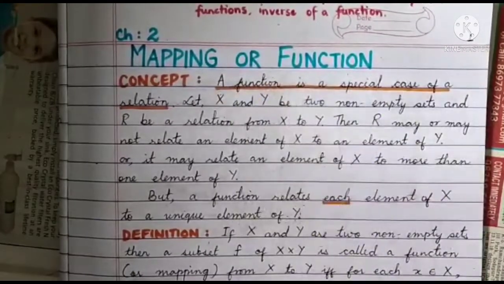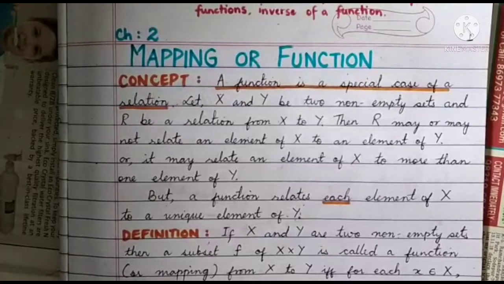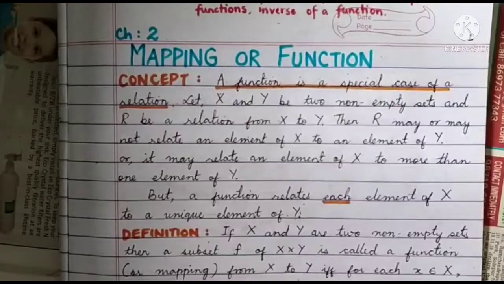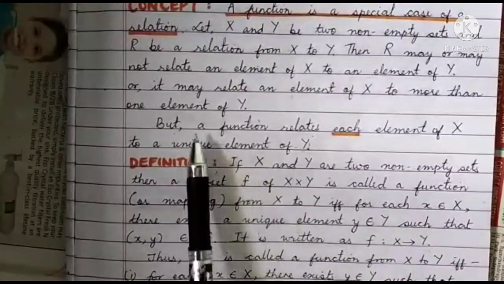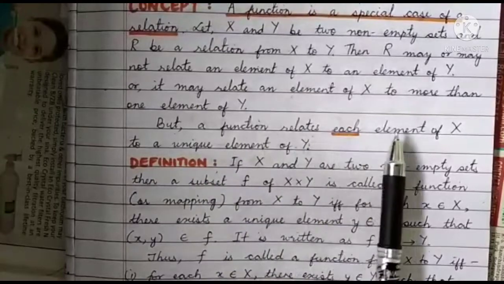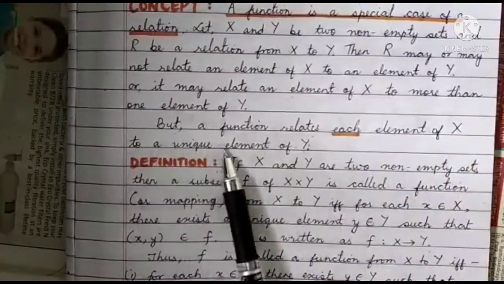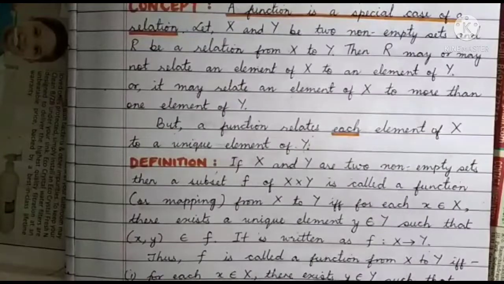Function is a special type of a relation. Function is nothing but a type of a relation. You can say function is also a relation. Okay. But then, why is it a special type of a relation? Because it includes some important things. Okay. From the definition, you can say that a function relates each element of x to a unique element of y. For example,